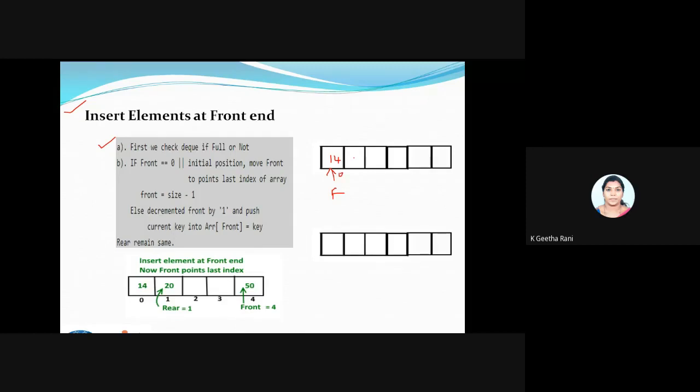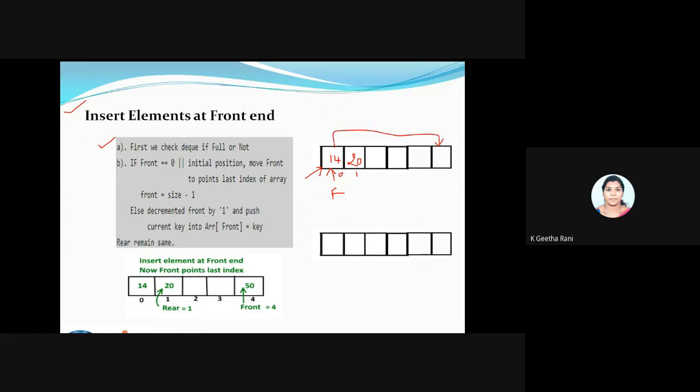Next, the element is 20 and the index is 1. So if my front is equal to 0 and I need to add an element at the front, I don't have a space here. So I have to make a reinitialization. I have to change the front to here,